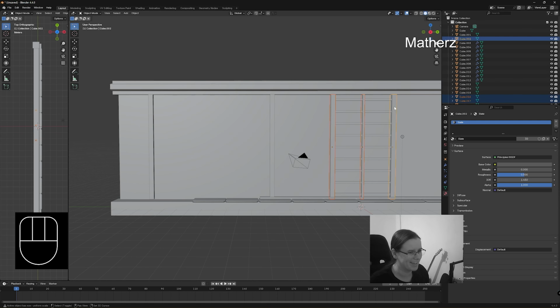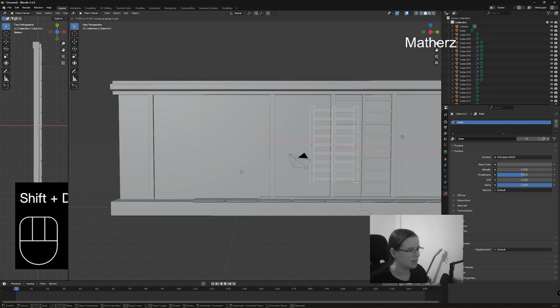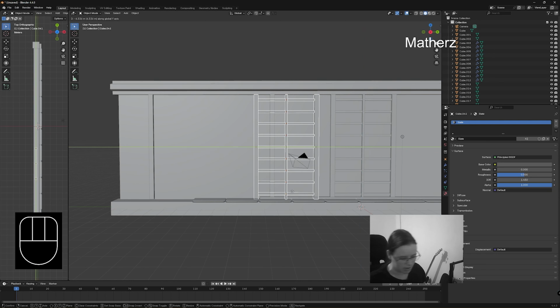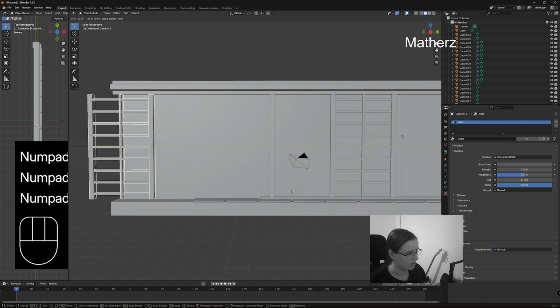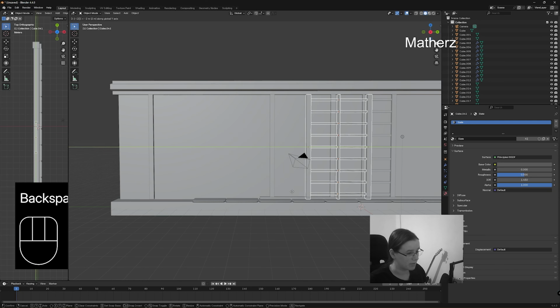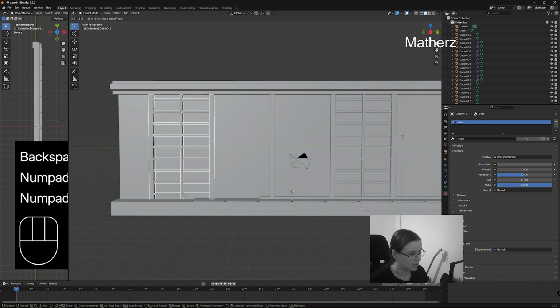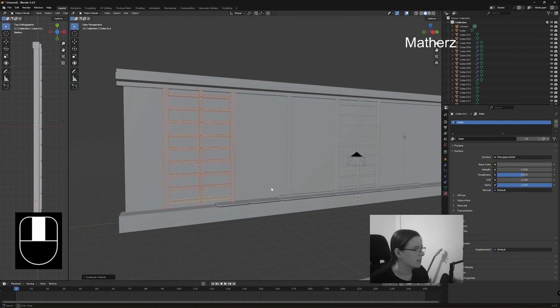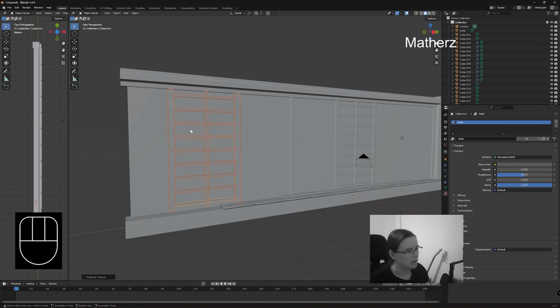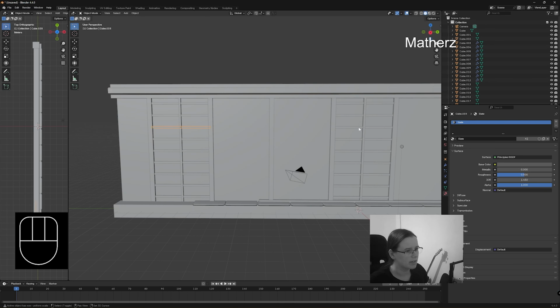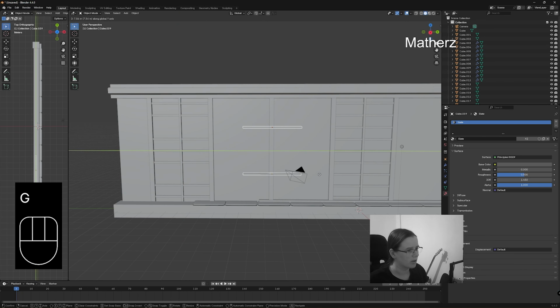You can see the buffer. I'm just going to go ahead and select all of this. Let's go with this. We'll go Shift-D. Now it should be -20 if I've got this right. No, okay, we're going to go with 15. Maybe we go 15. Yeah, 15 works. Okay, so we've now got the secondary window right here. So we've got two massive windows. We've got the secondary window right here. I'm going to take this one and this one. I'm just going to press G, bring them across,